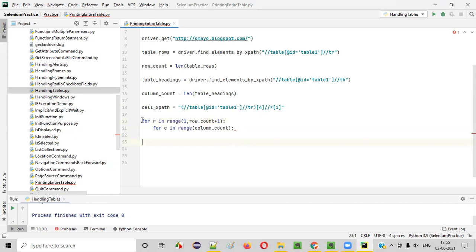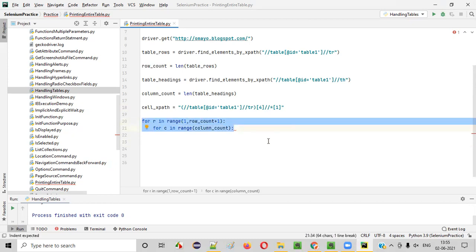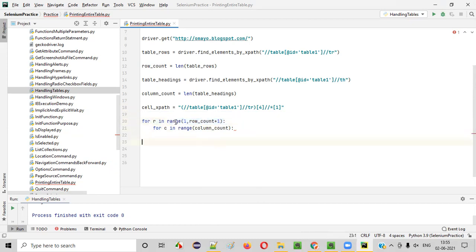If you have the proper knowledge of the for loop in Python, you'll understand whatever I'm talking about. If you are not clear, just go back to the previous sessions, guys, where I explained about the for loop, for loop with range and all those things, where I clearly explained how to use a range. So if I give for R in range of 1 comma row count, which will come as 5, 5 plus 1 is 6, so it will print 1 to 5, guys. R will be given 1 to 5. Similarly here, the same thing, 1 comma column count plus 1 you have to give. One value extra you have to give.